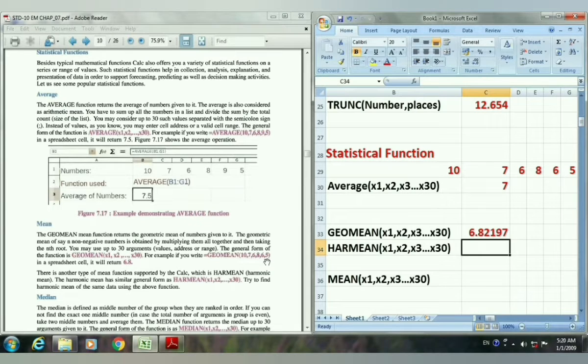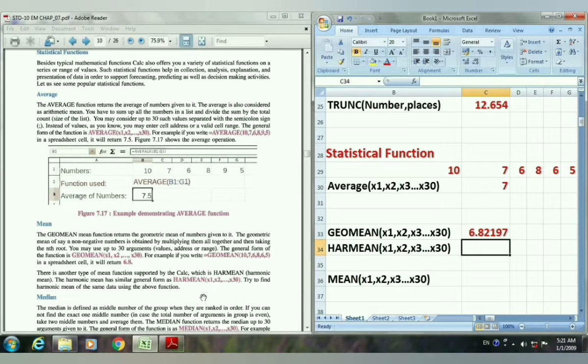I am explaining with the same values because the answer is also given there, so I am showing you all the things practically. You can examine that yes, the same answer is coming. That is why I am using the same values that are available in the textbook. Any values I could take to explain it, but just for better understanding I am taking the same values. But you may use these functions with different values according to you.